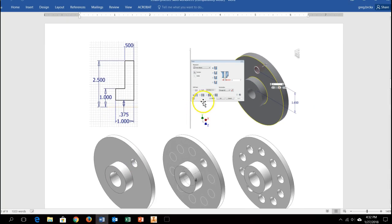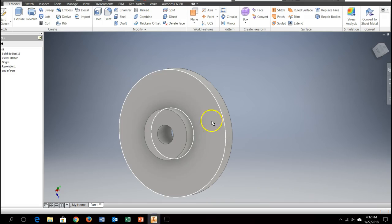Now we need to be able to put in a hole. It's hard to read here on my screen, but this hole is just a solid hole. There's no threading in the hole. There's nothing of that sort. It's just a hole in the plate, and this says it has a diameter of 0.5. So for us to put a hole in the plate, we're going to put a new sketch